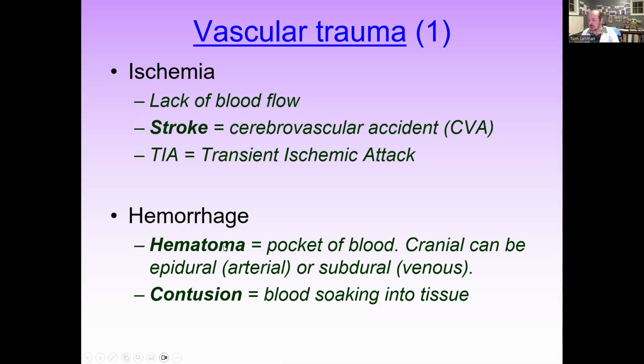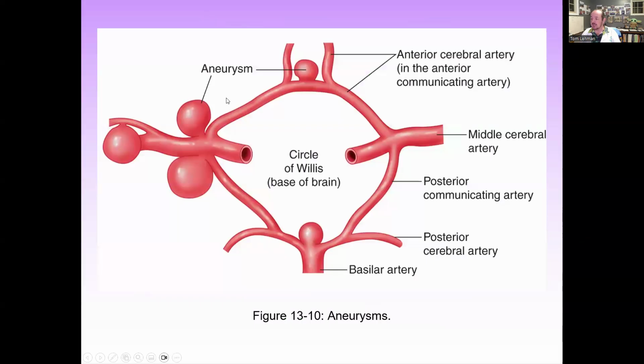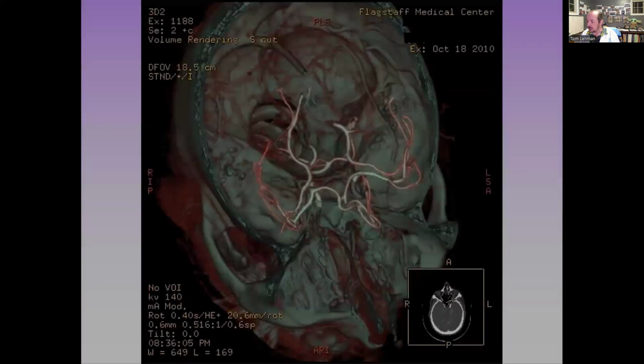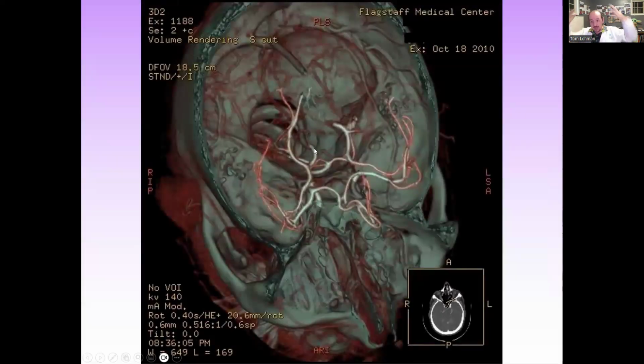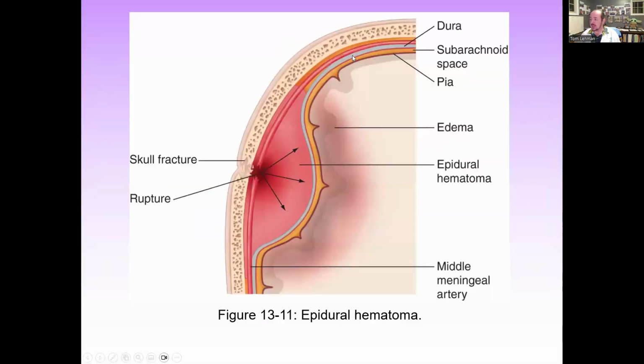With the hematoma, we talk about that pocket of blood. Cranial hematomas can be epidural or subdural, outside of the meninges or within the meninges. And this is very important to understand because that circle of Willis is that set of blood vessels on the underside of the brain that feeds everything. Those are the ones that are feeding all of that cerebrospinal fluid. That's where you're worried about things like aneurysms and embolism. But if that blood runs all the way through this space inside here and then goes back out to that outside area with the subarachnoid space, if you have an epidural hematoma, that's where you have arteries outside the meninges.